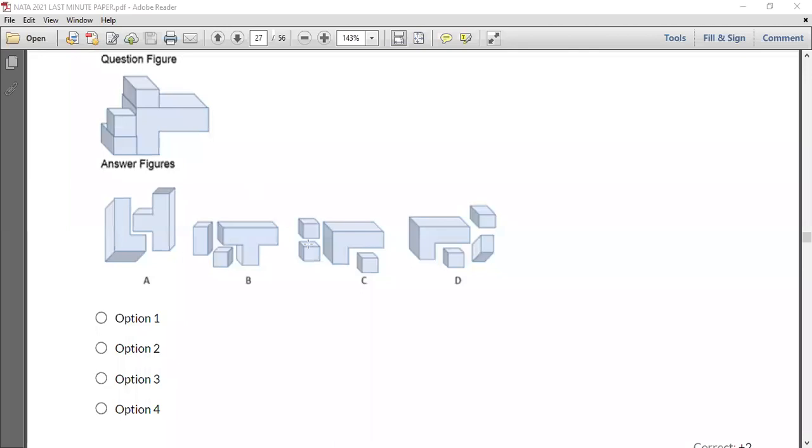So when you are seeing this image, you can just quickly draw that on your paper and see that, okay, if I'm joining this cube over here, this cube over here, is it the image that I want or not? Now obviously if there are some easy options like this which is being shown here, you can easily search and tell that this will be option D.